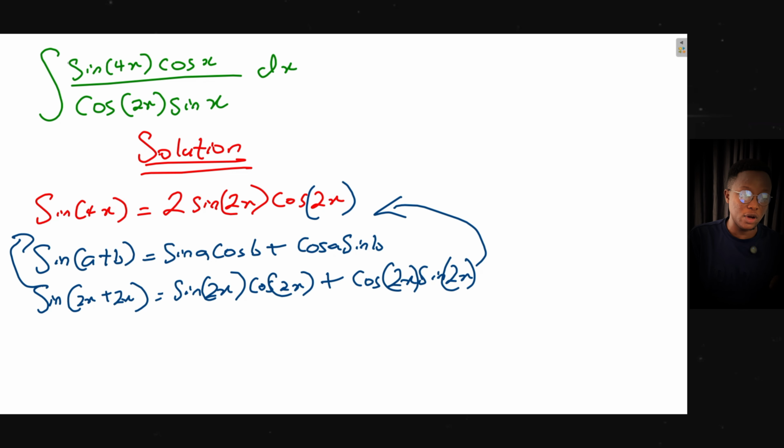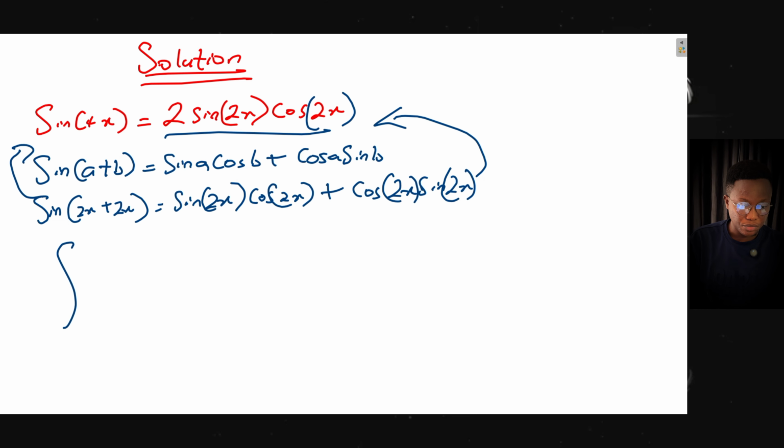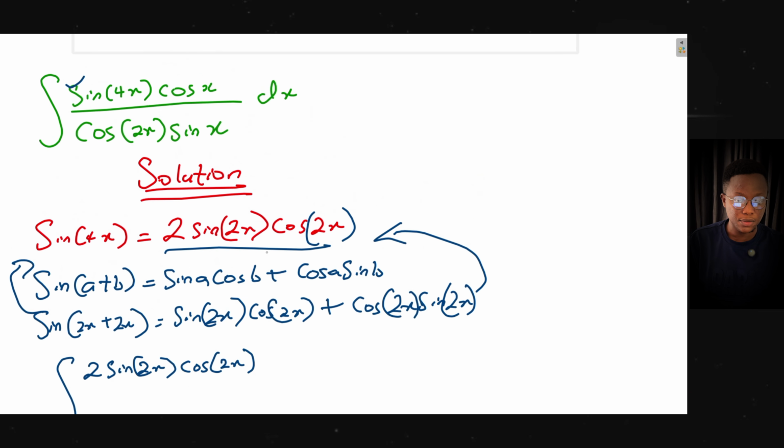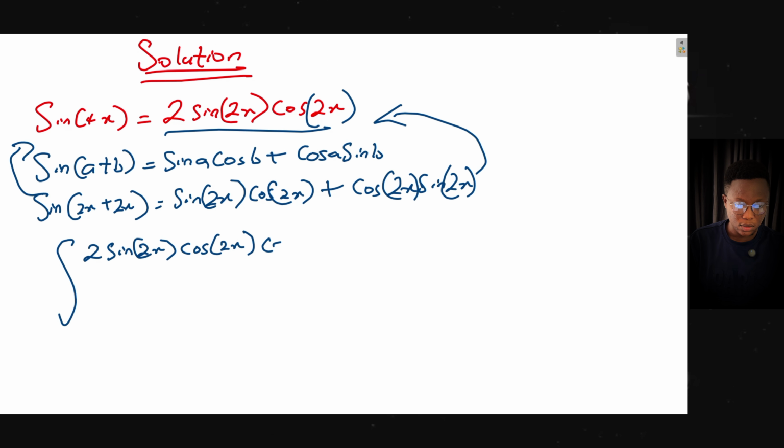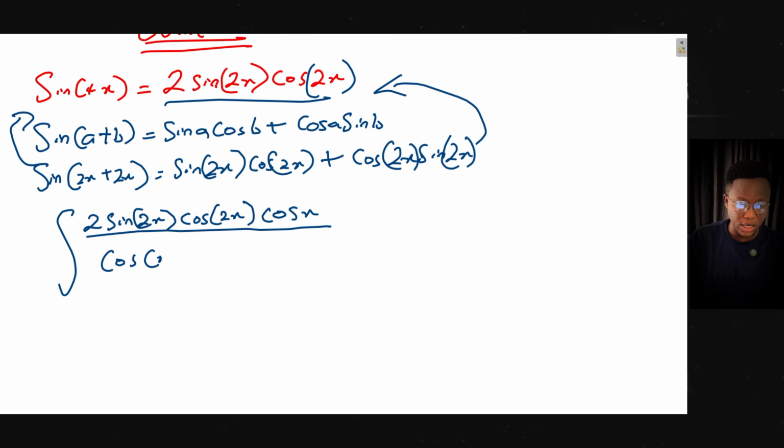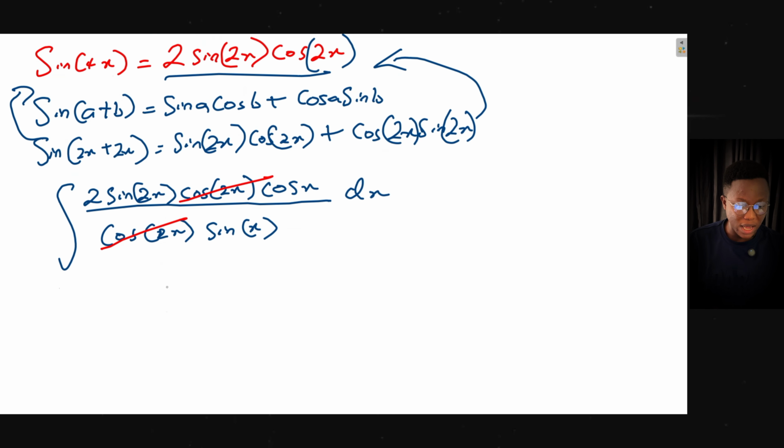So we're going to replace sine 4x in the integral by this new trigonometric identity, and we're going to have 2 sine 2x cos 2x cos x all over cos 2x sine x dx. All right, and ultimately we can say that cos 2x is going to cancel out cos 2x, and now we are left with